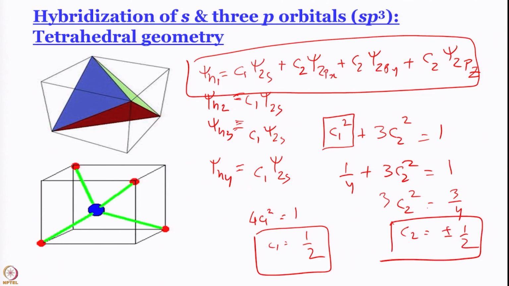So, one solution is plus half, right. I can write plus half for everything, it is fine, okay. So, let us start with that, the totally symmetric answer in which every coefficient for the p orbital is plus half. So, the first wave function that we can write is